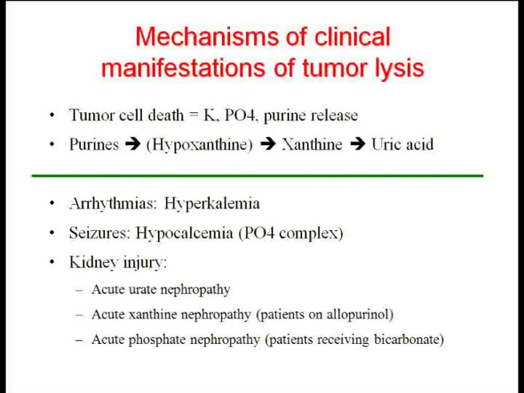So the most common form of kidney injury is acute uric acid nephropathy, so it's important to control uric acid. Patients who receive allopurinol, which blocks xanthine oxidase, and xanthine oxidase is going to catalyze this conversion from hypoxanthine to xanthine and from xanthine to uric acid. So you end up having an accumulation of both xanthine and hypoxanthine. The accumulation of xanthine has been well documented to cause acute xanthine nephropathy. So it's something to keep in mind in patients who receive allopurinol, and this is actually one of the reasons